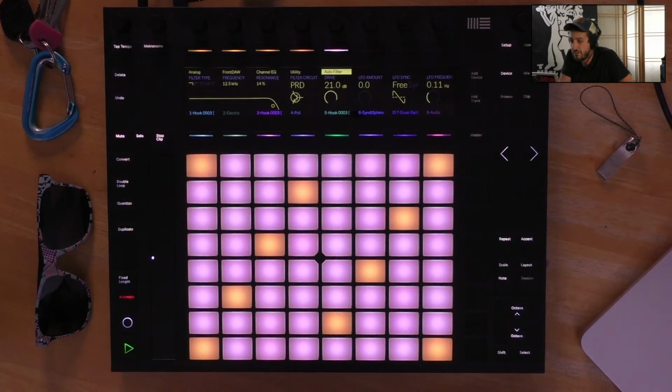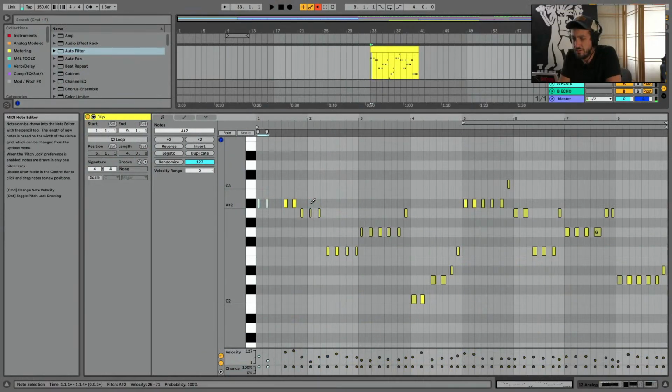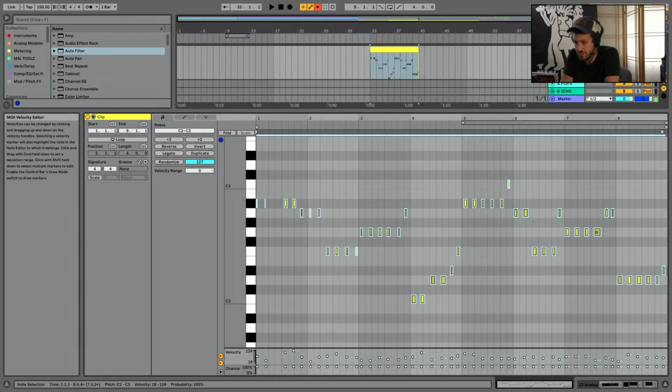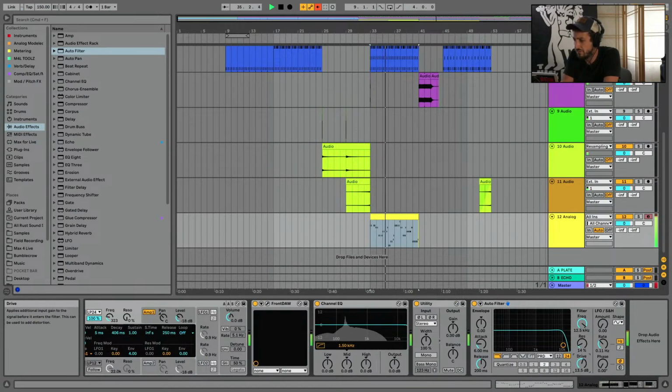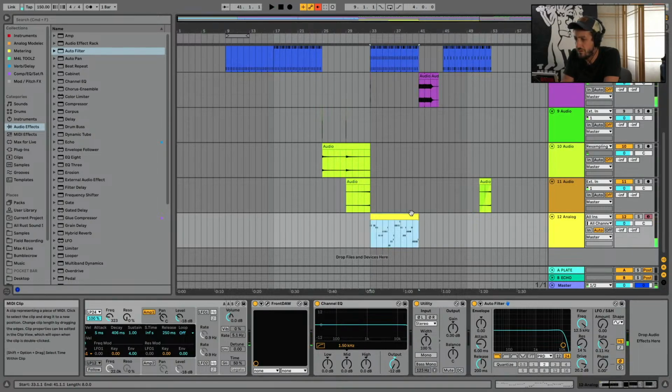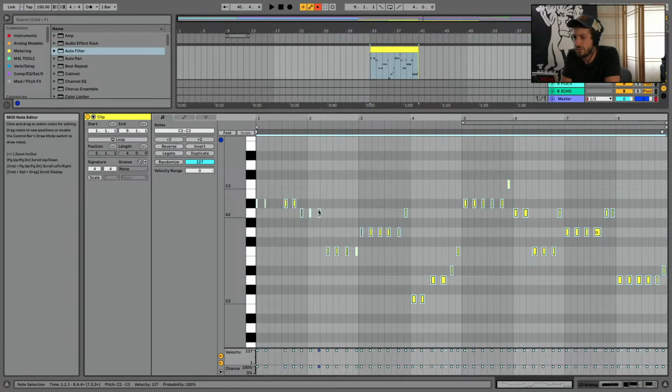I dig it. Is it really loud there in the beginning? Yeah, it's velocity sensitive, and you can see the velocities are all over the place here. So let's sort that out. Quantize that. So this thing probably needs to get quantized to 8th notes. Nope.